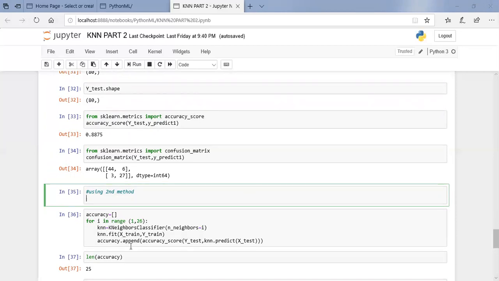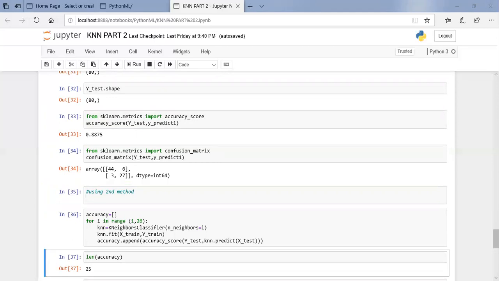The accuracy.append function is used here, passing the parameter accuracy_score in bracket ytest and knn predicted xtest. To calculate the length of accuracy, the output is 25. Length of accuracy is 25.